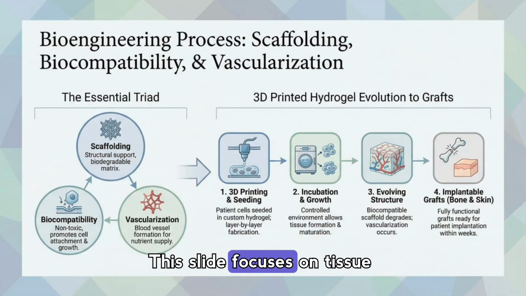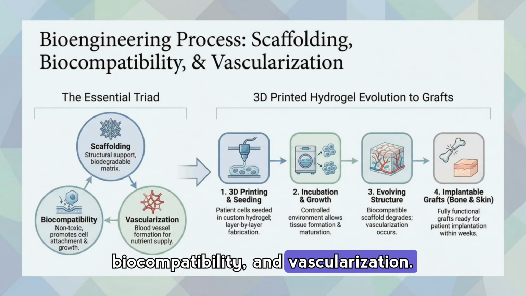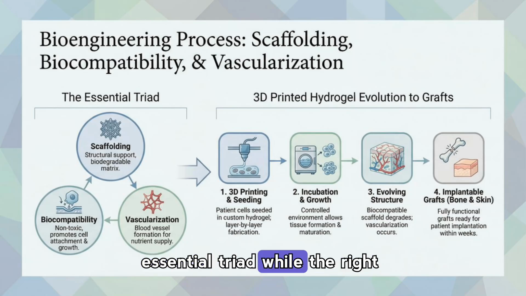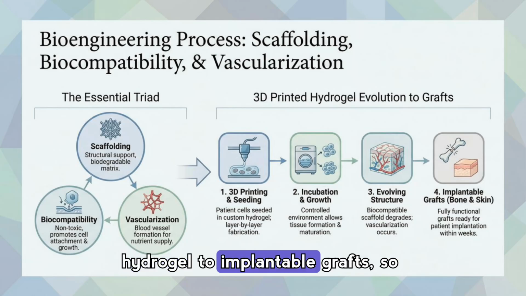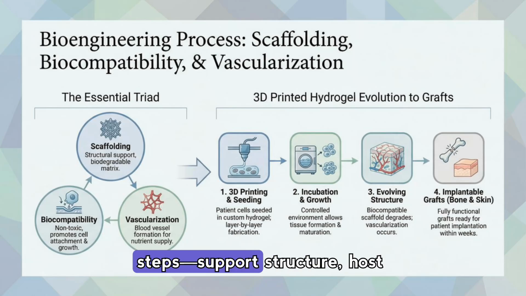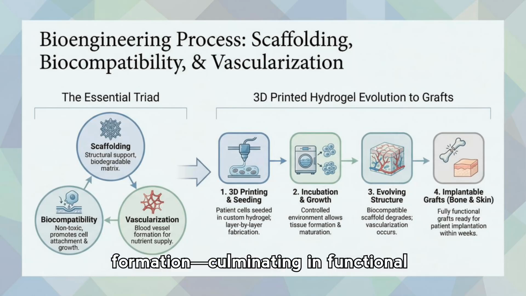This slide focuses on tissue engineering basics: scaffolding, biocompatibility, and vascularization. The left diagram highlights the essential triad, while the right sequence traces 3D printed hydrogel to implantable grafts. So think of the process as three linked steps: support structure, host compatibility, and blood vessel formation, culminating in functional